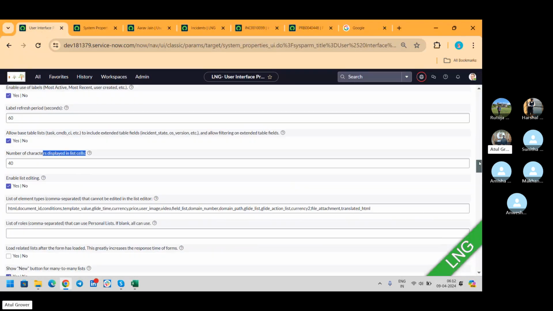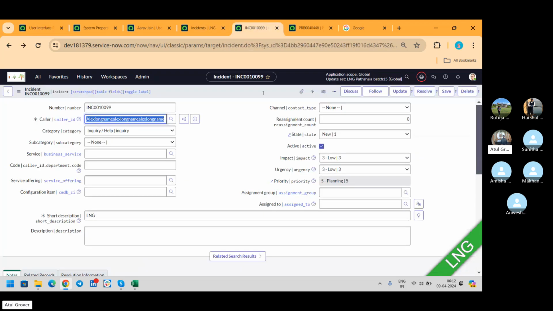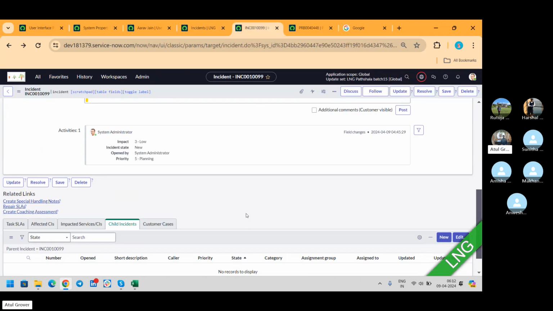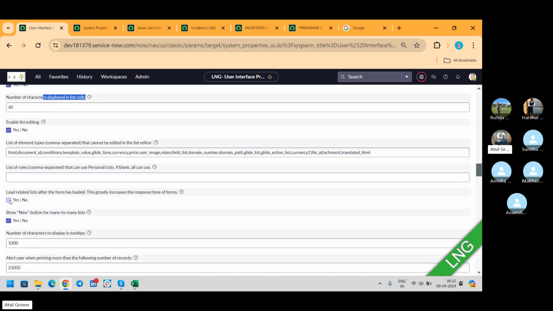ठीक, देन इफ आई स्क्रॉल डाउन मोर, list of element types cannot be edited in the list editors, नहीं, leave it। Load list, हाँ देखो ये रहा, load list after the form has been loaded, लेकिन हमने क्या किया, we have the preferences, due to this we always ask, ये वाला ऑप्शन हमेशा हमें पूछना पड़ता है जब यहाँ पे था, राइट। So if I make it as a true, it will automatically load।